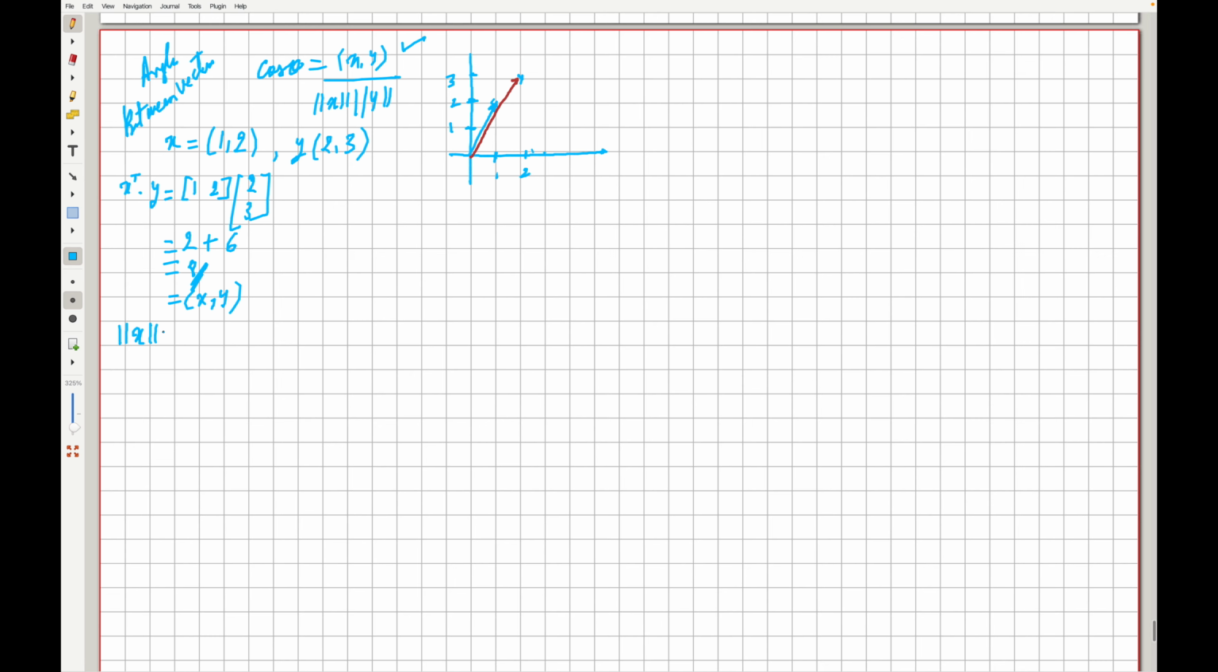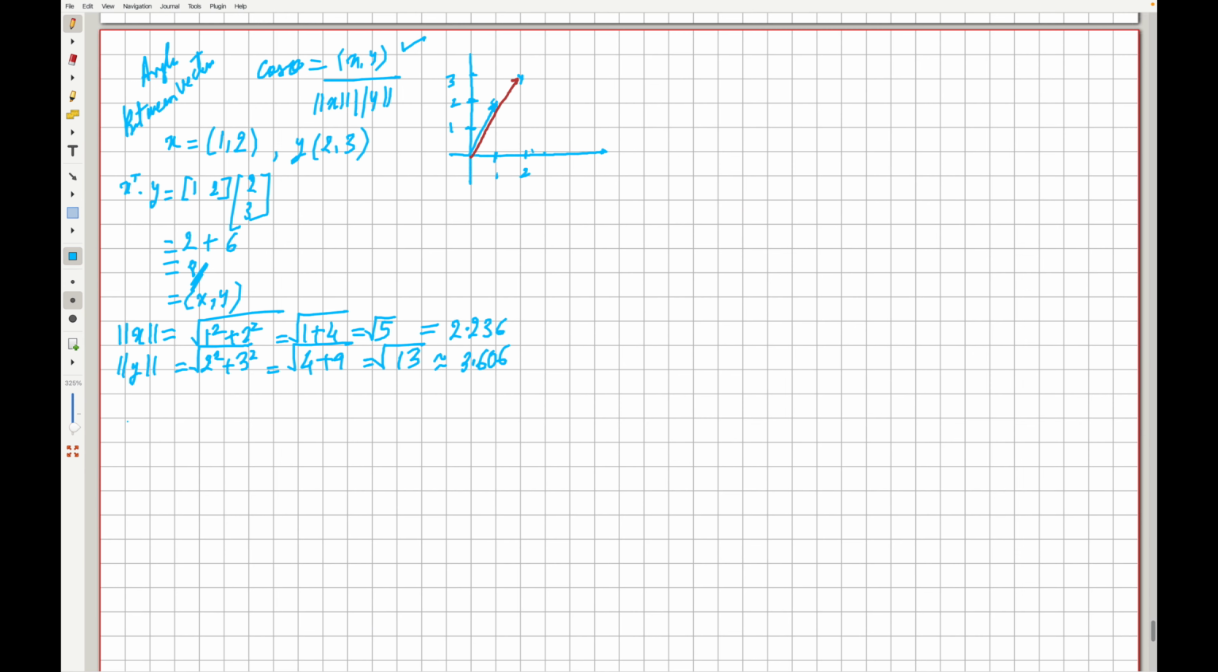So the norm of x is equal to the square root of 1 squared plus 2 squared. We get 1 plus 4, that is equal to the square root of 5. Likewise, we get the norm of y, that is equal to the square root of 2 squared plus 3 squared. So that is equal to 4 plus 9, that gets us a value of 13. And the square root of 5 is approximately equal to 2.236. This is approximately equal to